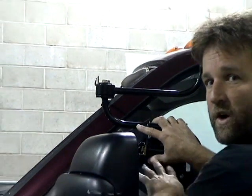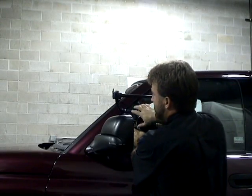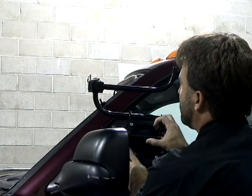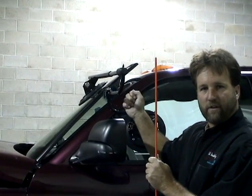So you're going to learn where to set up this base cup in different situations. It's usually within 1 or 2 inch area up and down. If your windshield ends up being too low to the pinch weld, you obviously must raise the base cup on the door glass higher up. Okay, now we told you we were going to show the angle from here so you could see how the tool really